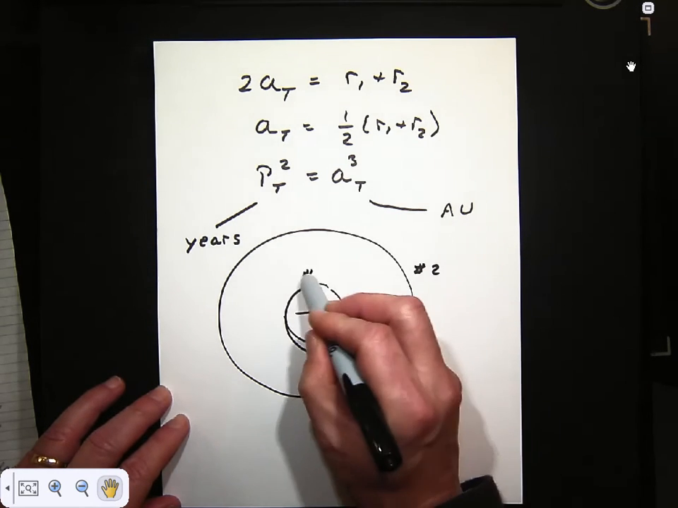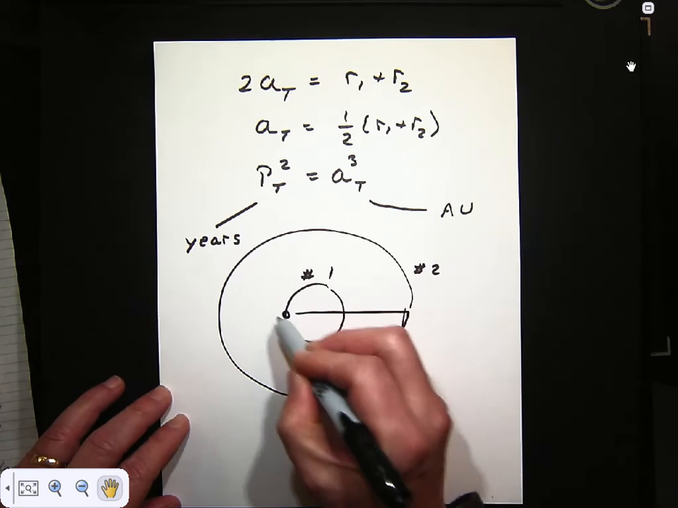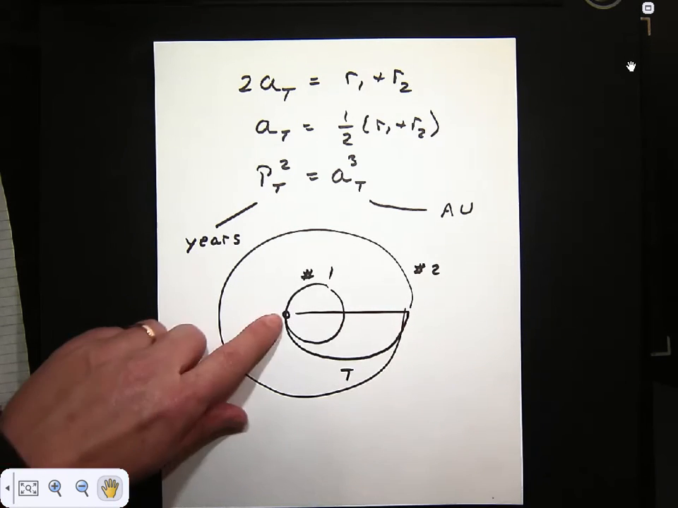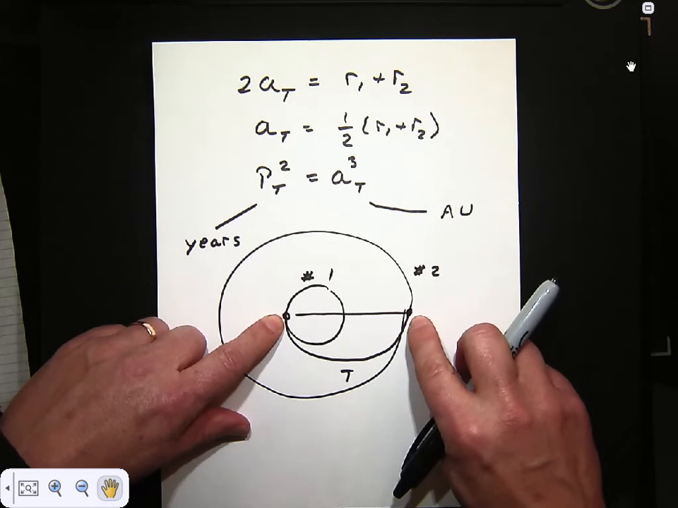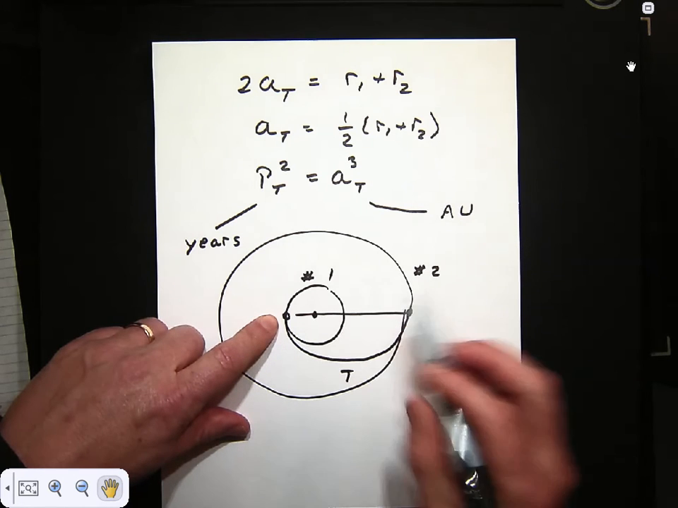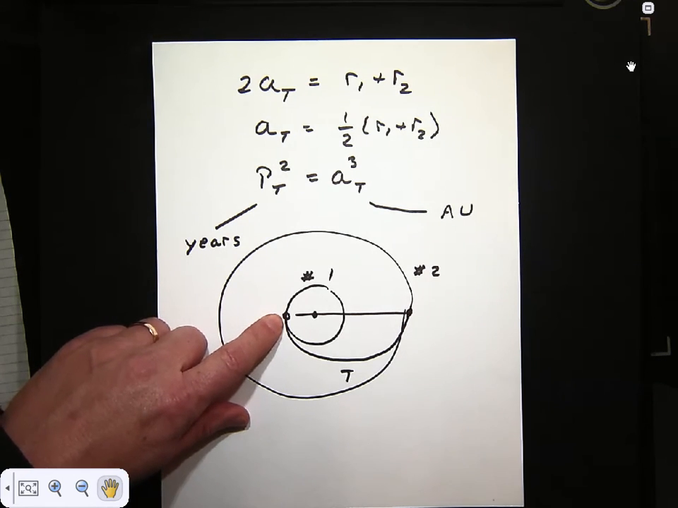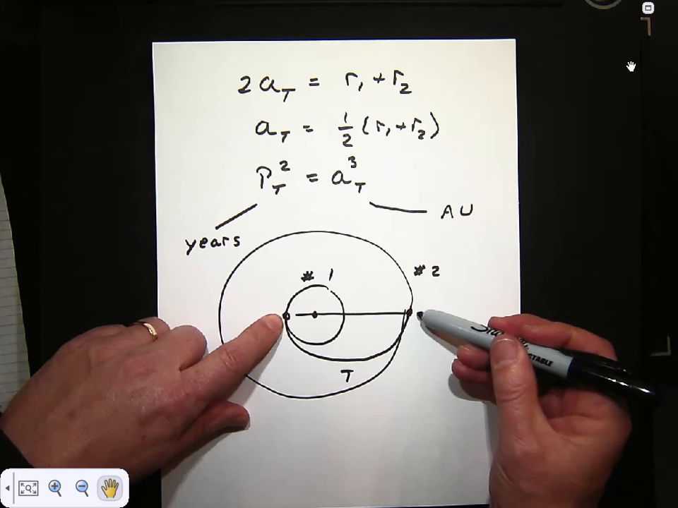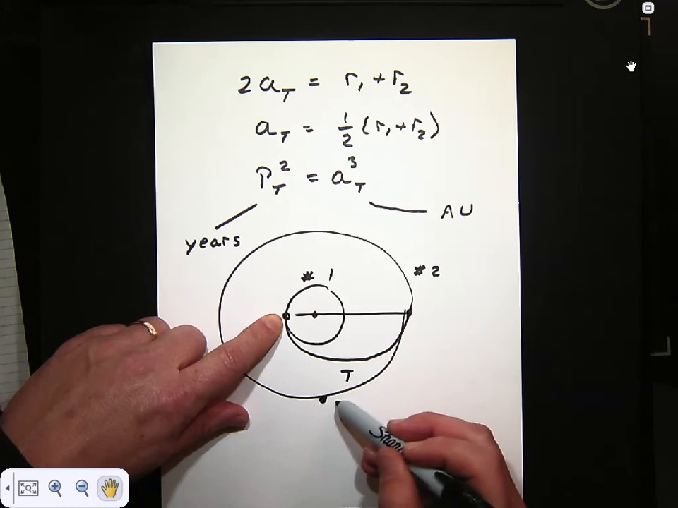Number 2, number 1, this is the transfer orbit. You launch when planet number 1 is at this position, and you arrive when planet number 2 is actually on the opposite side of the sun from where you launched for the Hohmann orbit. But when you launch, this planet's here, that planet isn't sitting still. This planet is somewhere over here, moving along,